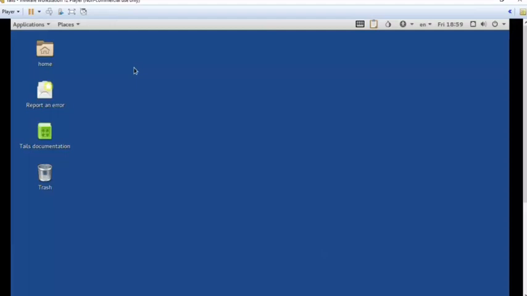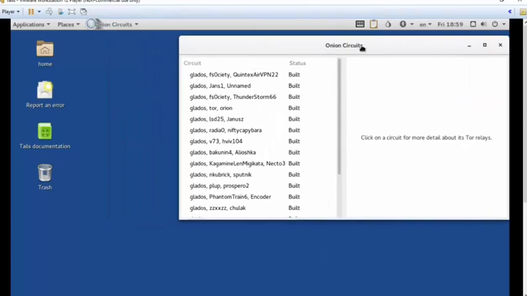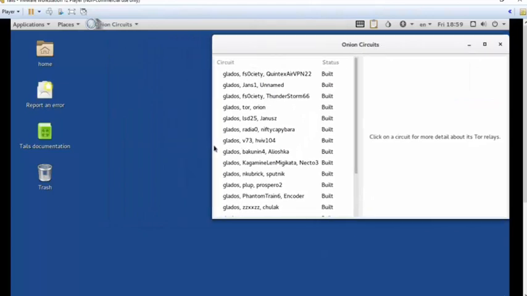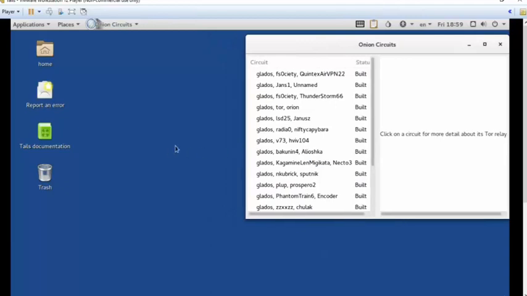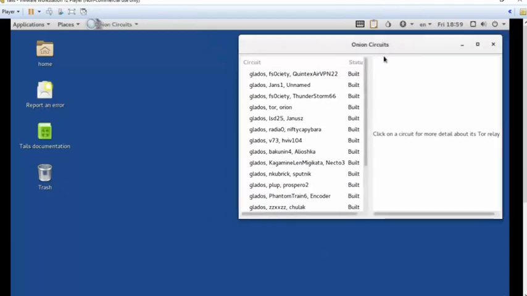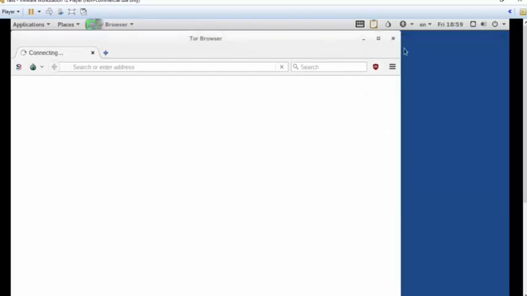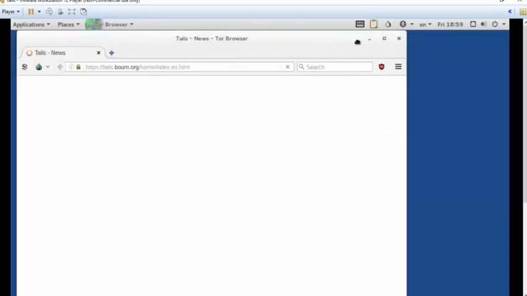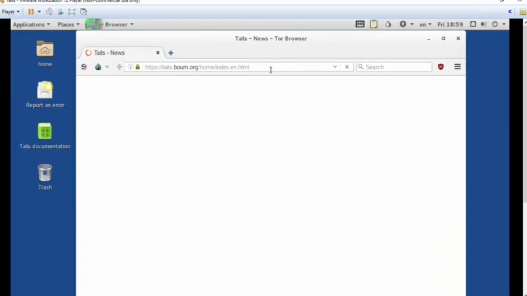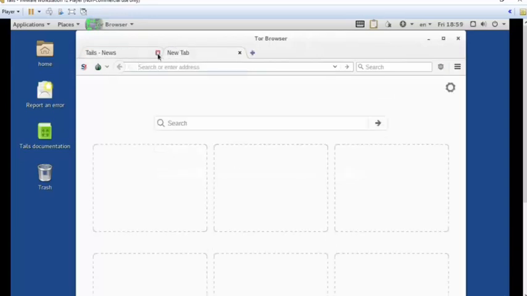It's going to take a few seconds. Just give it its time to continue, and I can explain a bit more about the onion circuits as it opens up. So I'm just going to move this to the side right here, and hopefully we can minimize that. Now once Tor starts, which it has right here, I'm just going to minimize that. So Tor has started, and I'm just going to show you that it works straight out of the box by running the URL that we used in the previous video,